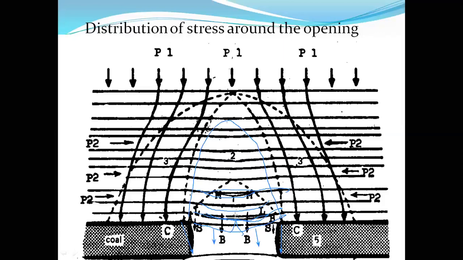This separation is known as bed separation. So in any mining activity, soon after making the opening, depending on the characteristic of the overlying strata, to avoid the separation between the two layers, that's nothing but the bed separation, we will be providing the support. So this is in brief about the distribution of stress around a smaller opening, because we need to understand this before we discuss the bumps and bursts, coal bumps and rock bursts. Next, we'll discuss further.